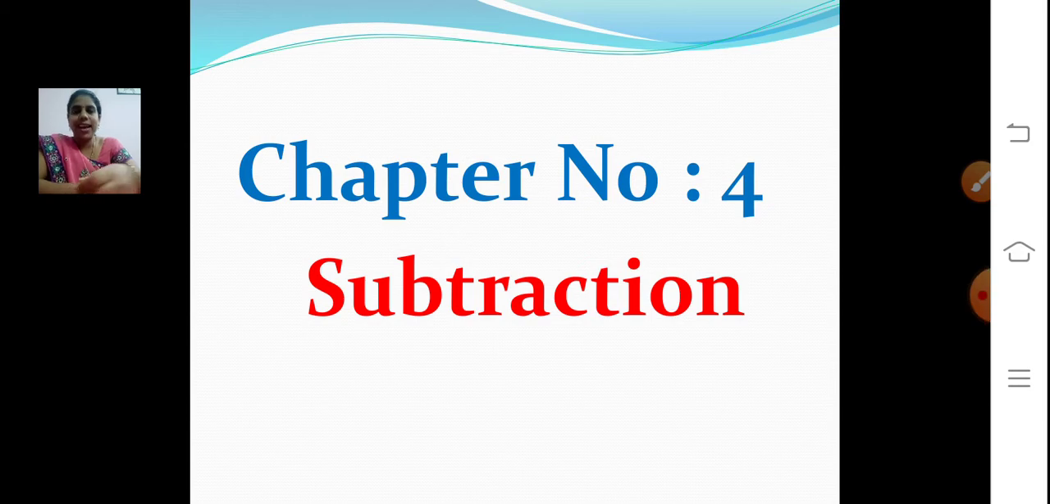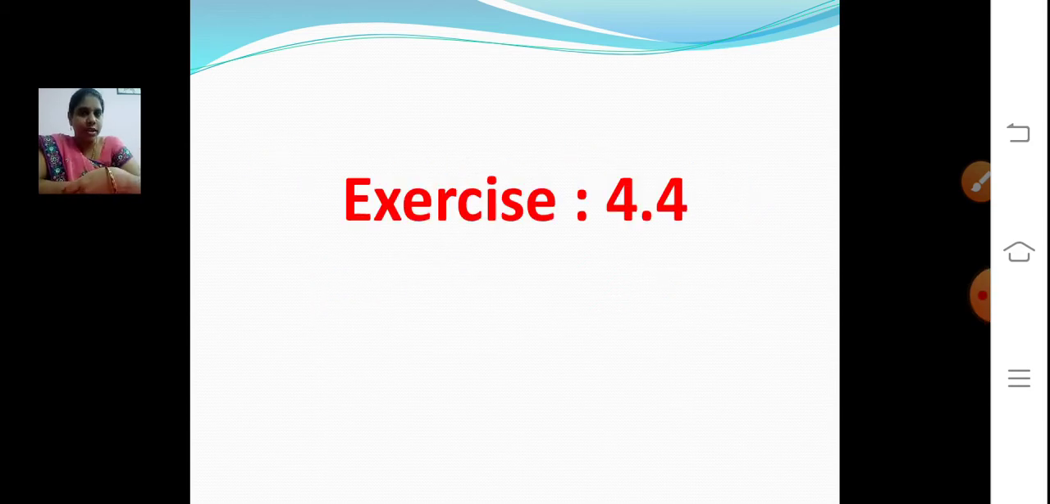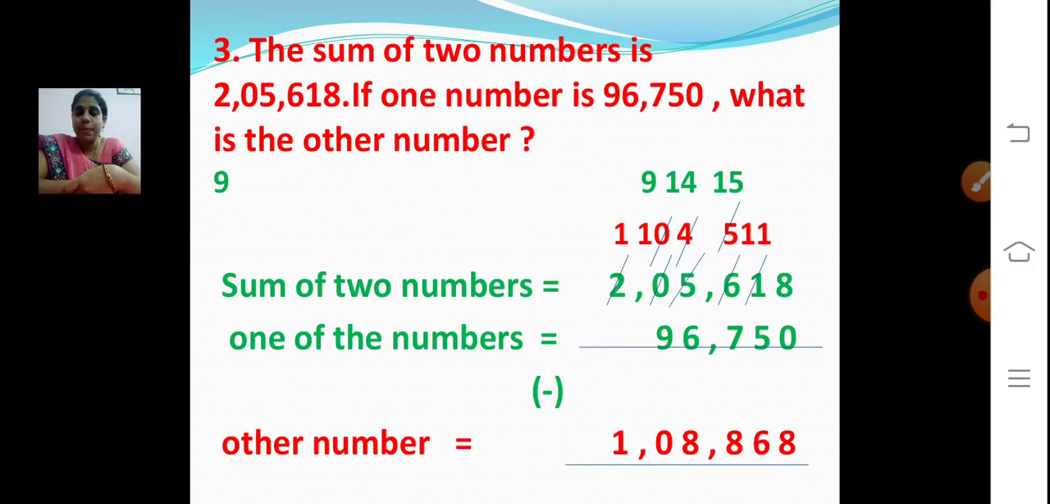Today, in our maths class, in chapter number 4, exercise number 4.4, we are going to see word problems. Last class, we saw word problems, right? We have seen one word problem, right? Today, we are going to continue with the word problem. Are you all ready, children? Yes. So, now the question, I'll read out the question. Just listen carefully. If there is any word problem, read the question 2 to 3 times till you understood the question. Understand? So, third question, the sum of two numbers is